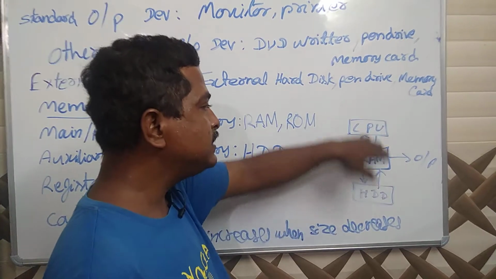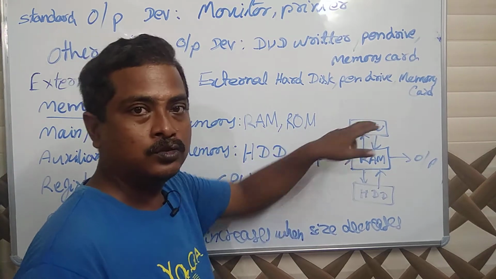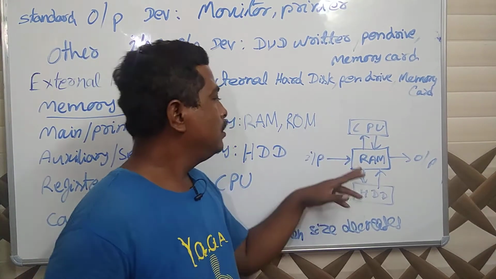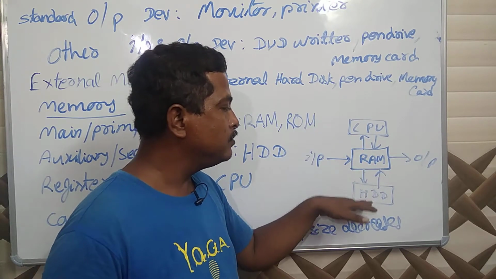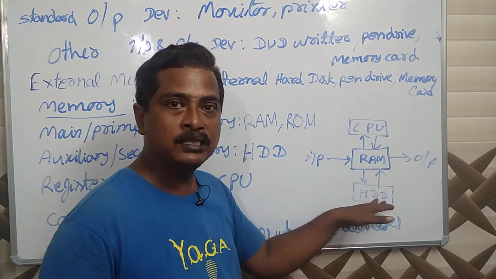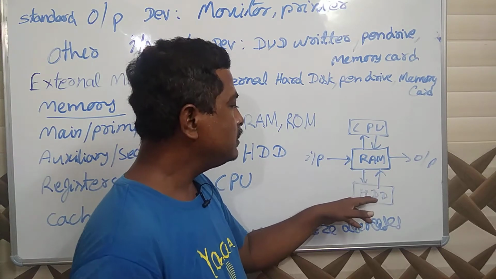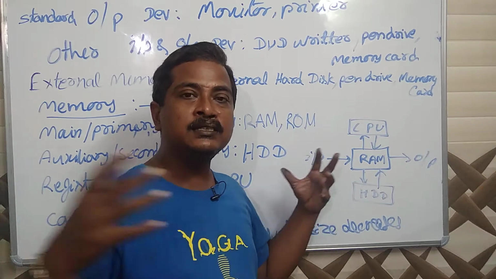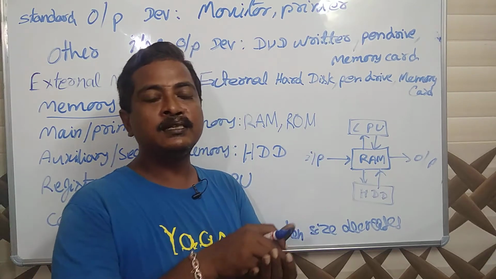So out of these three memories, which is the very least in size? Registers. So these are very fast. RAM is of moderate speed, it is in between CPU registers and the hard disk drive, so its speed is also moderate. Now what is the hard disk speed? It is very large in size, so its speed is very less. Now here there is a problem.